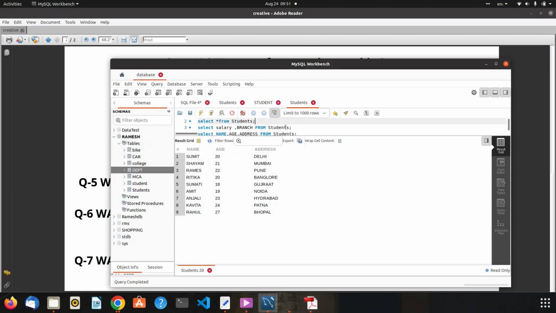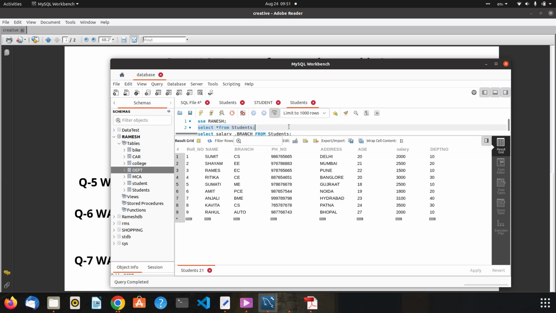Okay guys, what do we have to print? Roll number. Select roll number, comma salary, comma department number, comma along with salary, annual salary.